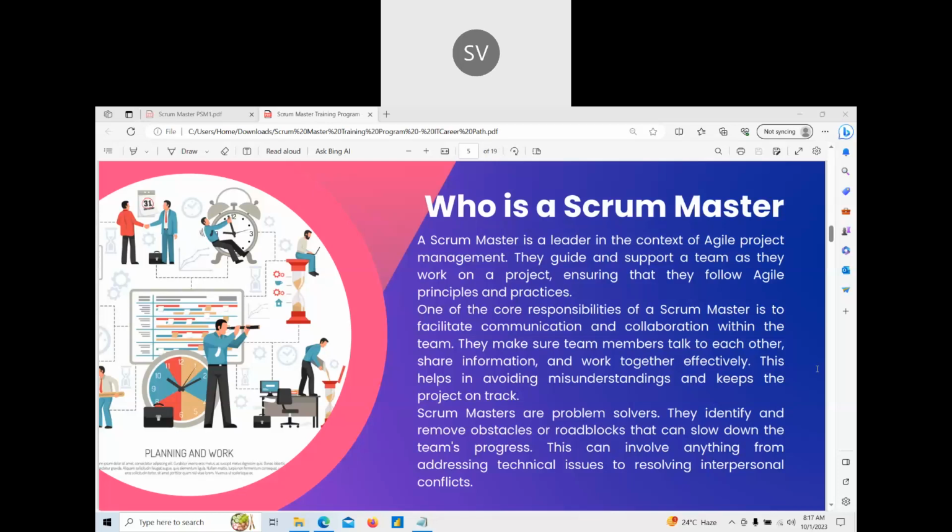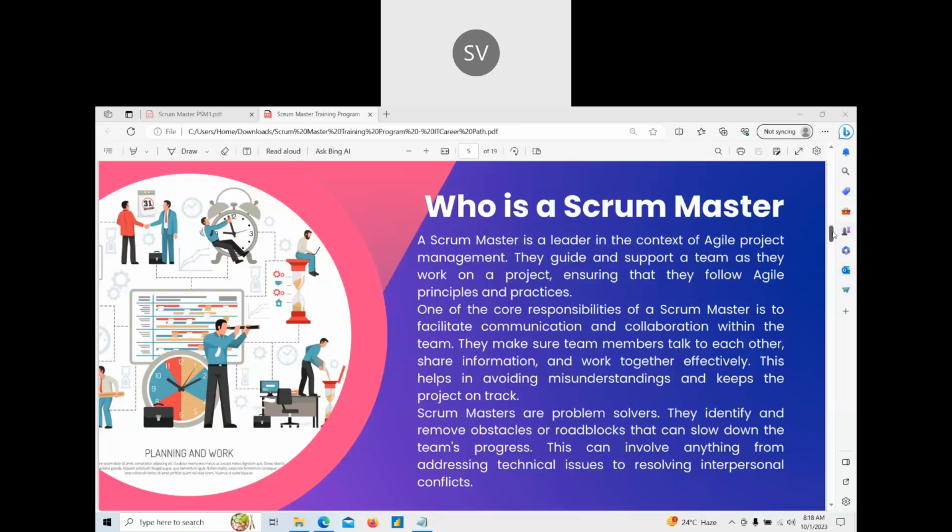The Scrum Master is responsible for all the project related activities like reports. Your voice is not clear, Vijay. Who else is talking? Is it fine now? No, it is very low. Okay, no problem. If you see any additional thing a Scrum Master does apart from what I have explained, you can put it in the chat window and we can go through it.